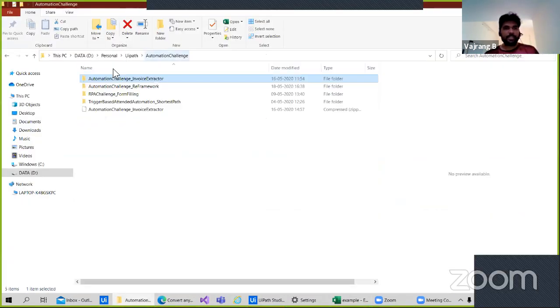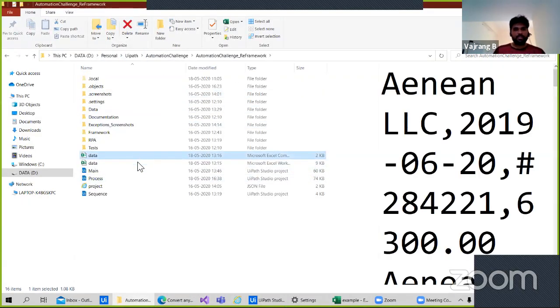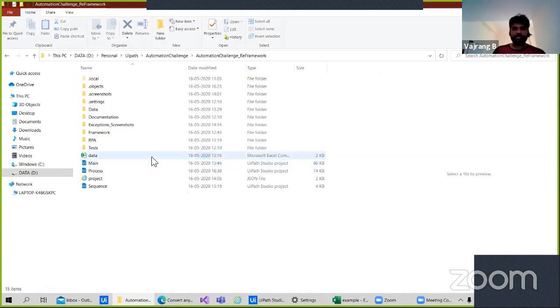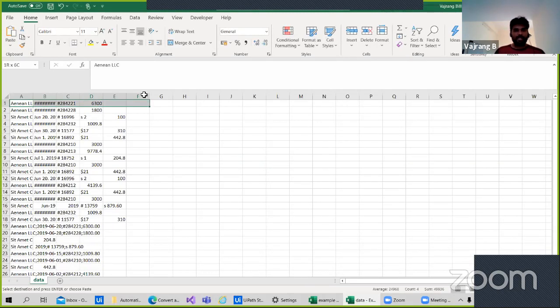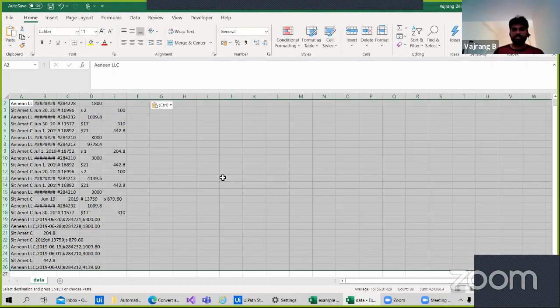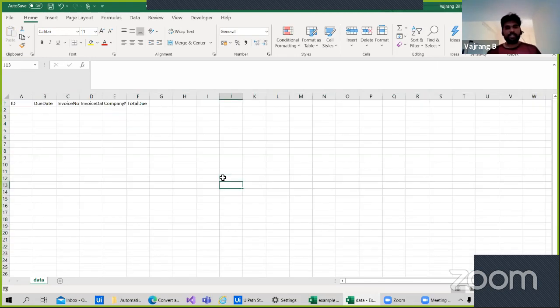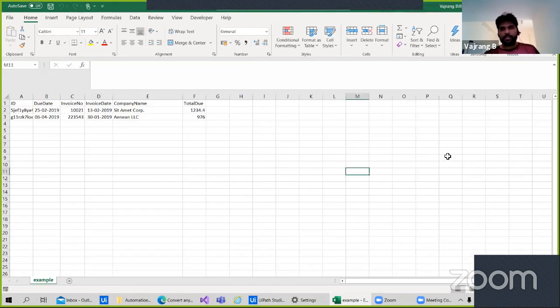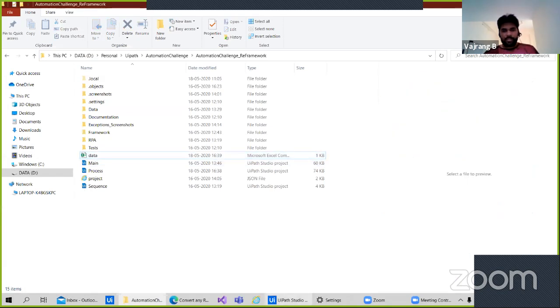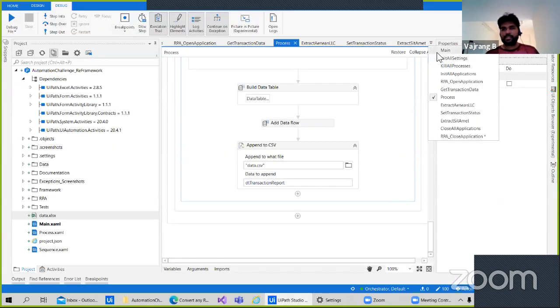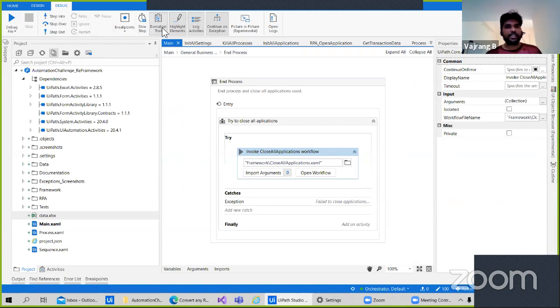Automation, and let's check with the framework. So this is the data that I'm using, data file, and here are the values. These are the values that I extracted in previous runs. Let's remove them so that we'll get the fresh data. Save and close. Save. Okay, I think I can close it without saving. That should also work. Let's run the workflow, and in this you can also see, since I kept highlight elements,